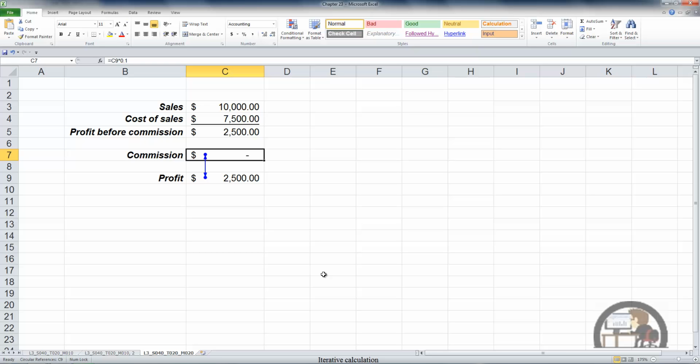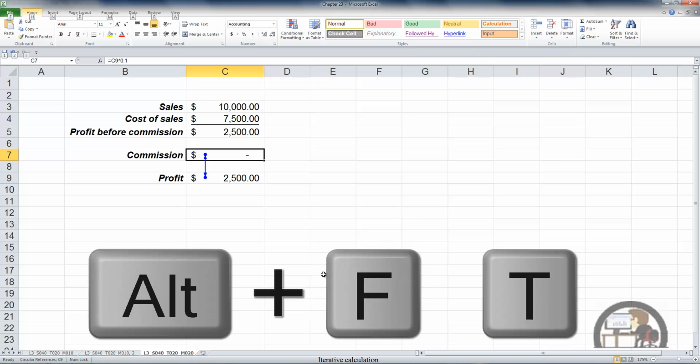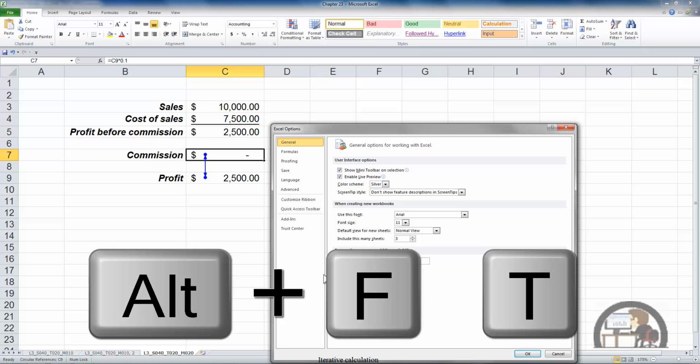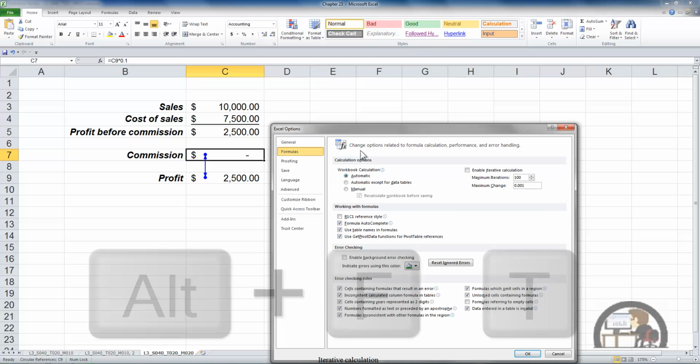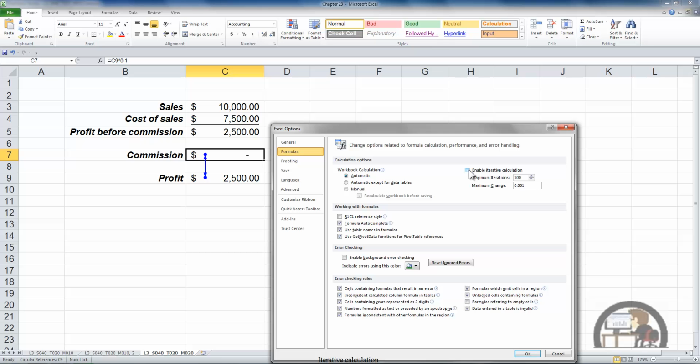The way we can handle this, because this is a valid formula, we can do some algebra, or we can have Excel figure this out for us by pressing Alt-F-T to get the Excel options dialog box, left-click Formulas, and left-click Enable Iterative Calculation. When we turn on the iterative calculation, we can control the iterative process in one of two ways. We can determine how many times we want Excel to actually do the calculation. In the maximum iterations field, that's currently by default set at 100, we can set that number to be anywhere from 1 to